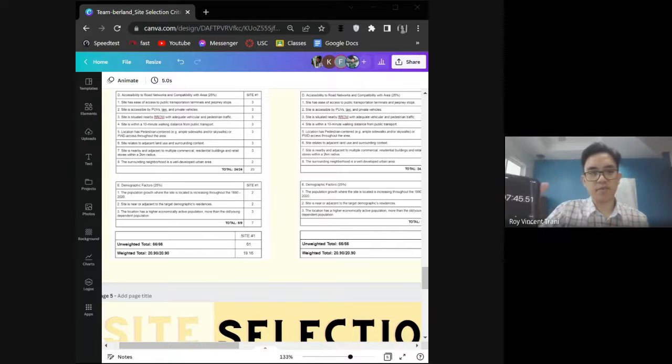So maybe simplify lang. And then with this, it's very kanang big bitaw. I don't want to kanang reduce the information here, pero with a limit na of 5 pages, maybe we can just summarize the 5 factors, total lang, and then in another page, we describe what's in the different 5 factors, something like that. Okay, if you go back to page 1,